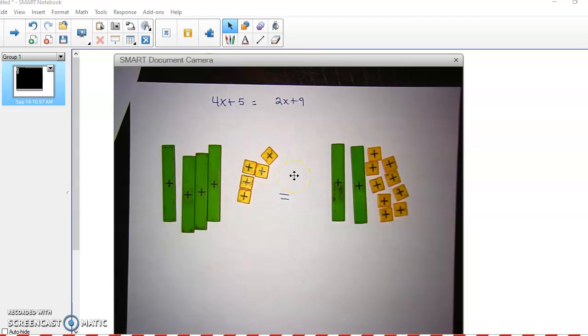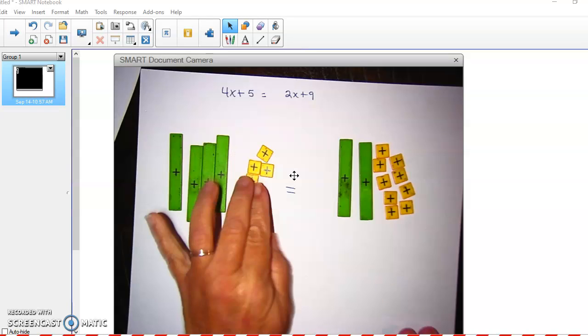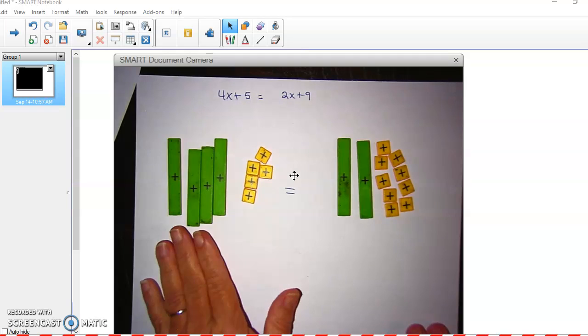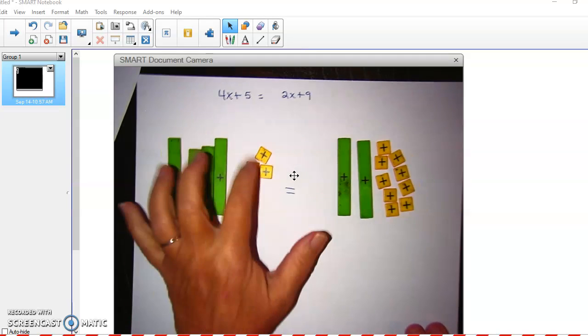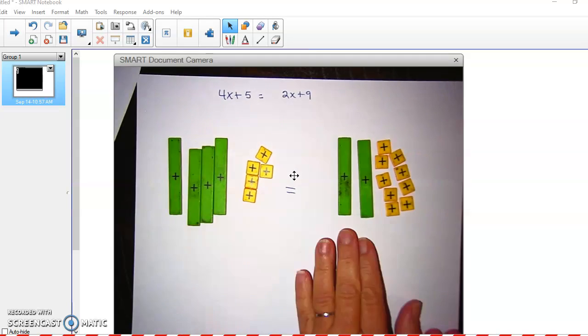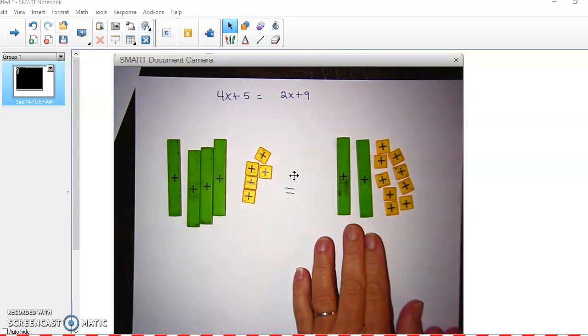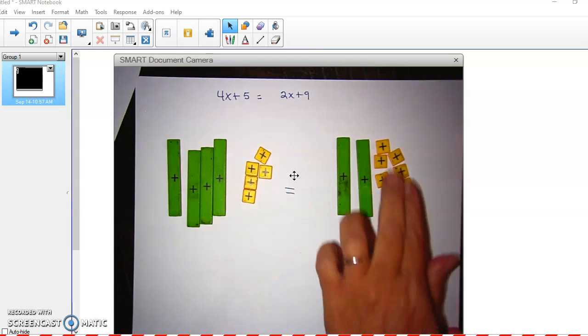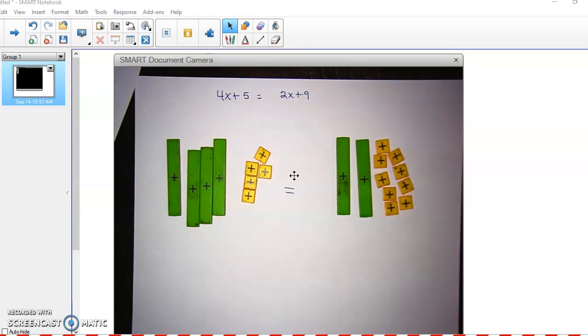Okay, so now we're going to simplify equations that have variables on both sides. I modeled it. We're going to use the tiles again. I modeled the left-hand side. There's 4x plus 5, and on the right-hand side, there's 2x plus 9. Okay, and in order to solve for x, we have to have the variables on one side and the constants